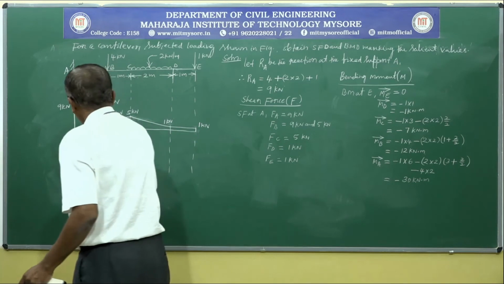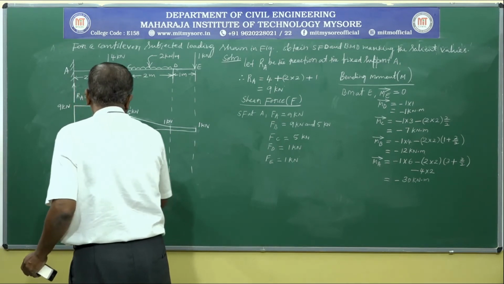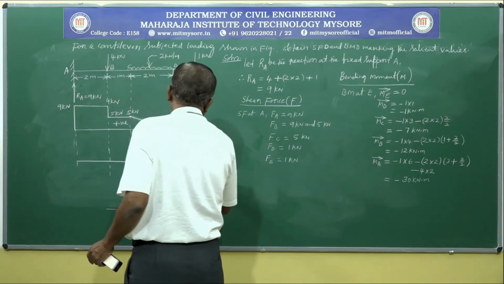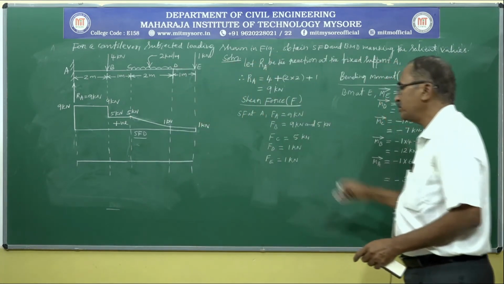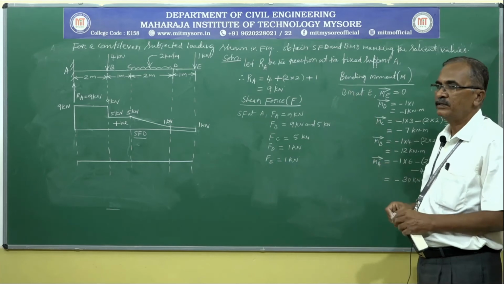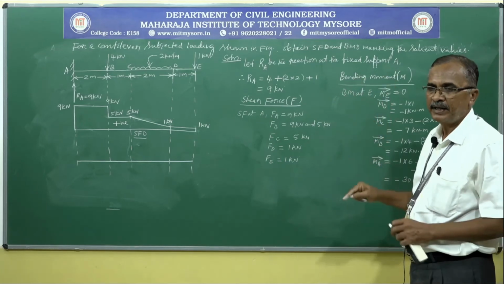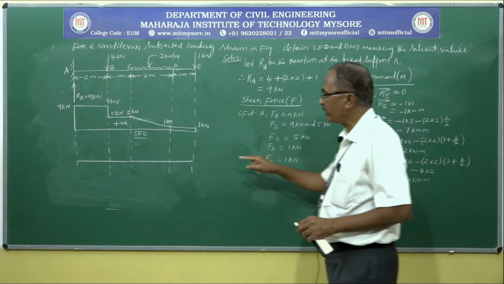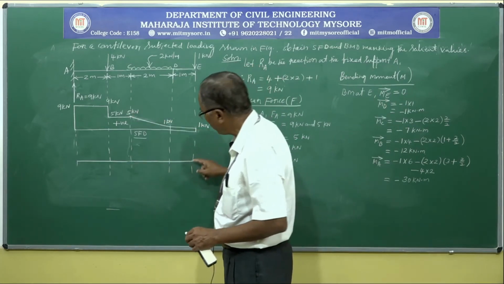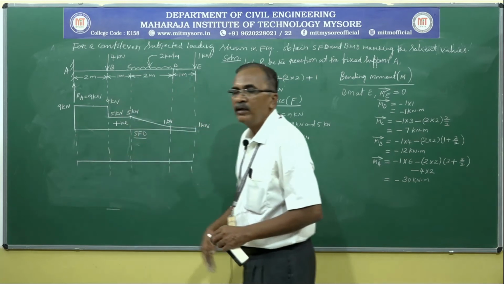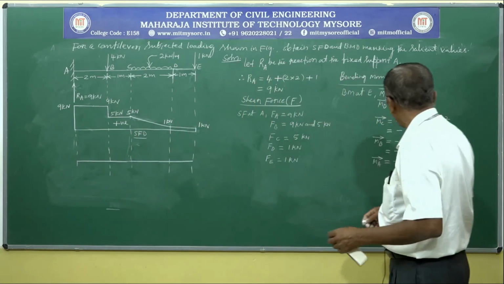Okay, let us draw the bending moment diagram. We got all the values, negative values. Predominantly in case of cantilever, we get all the bending moments as negative values. So while drawing the reference line, we can draw it close to the shear force diagram so that we can mark all the bending moment values below the reference line.